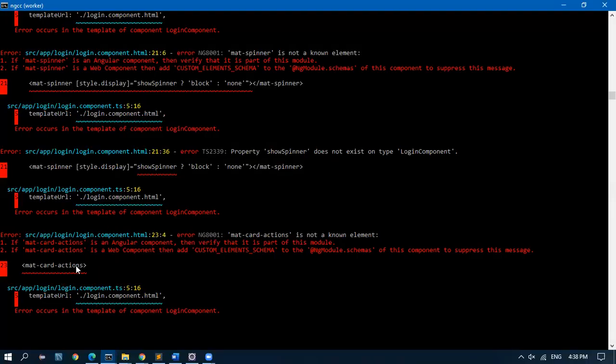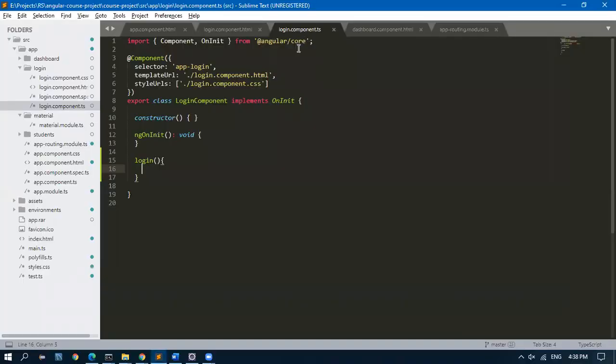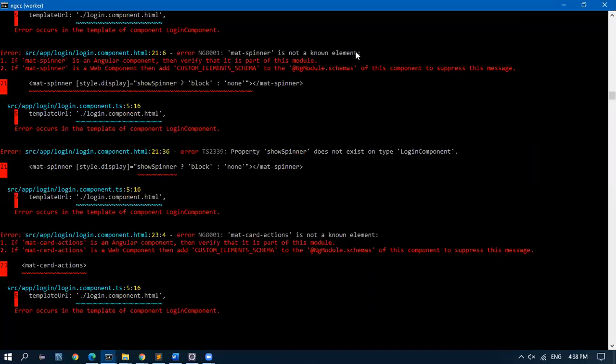Next is mat card actions. Rajesh, before we don't have this TS file, by adding this mat. No, the TS was there, you just don't have the function in the TS. This was there yesterday itself. When you create a component itself, this will come. There is no link between material and this one. We have not gone into the material still. Now only I'm going to do that.